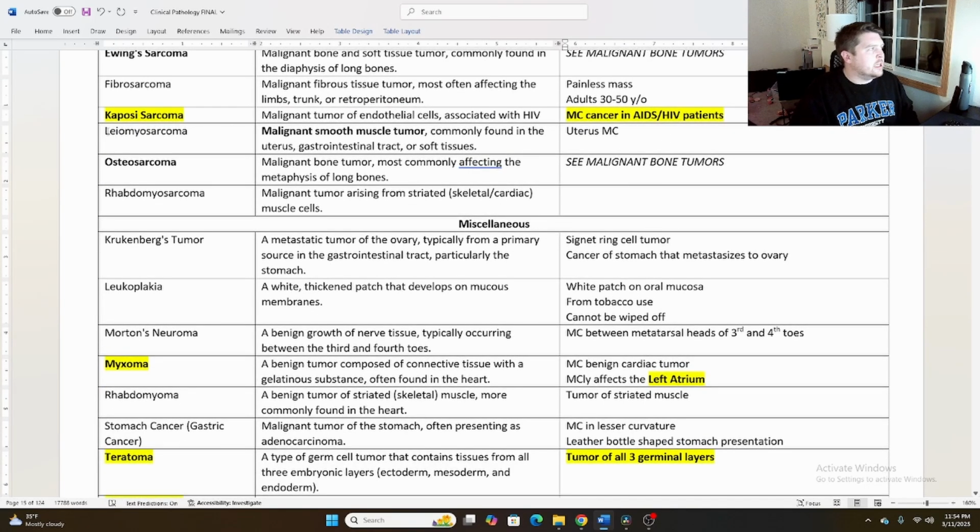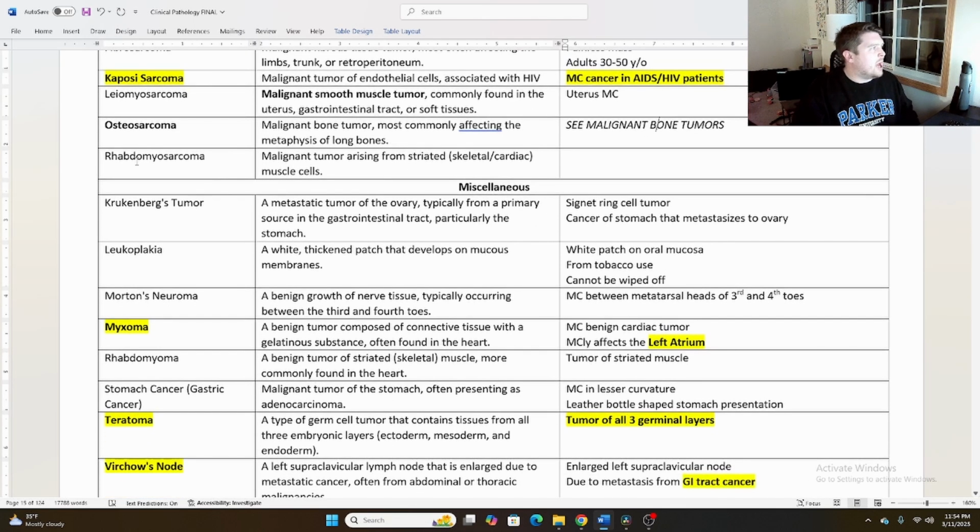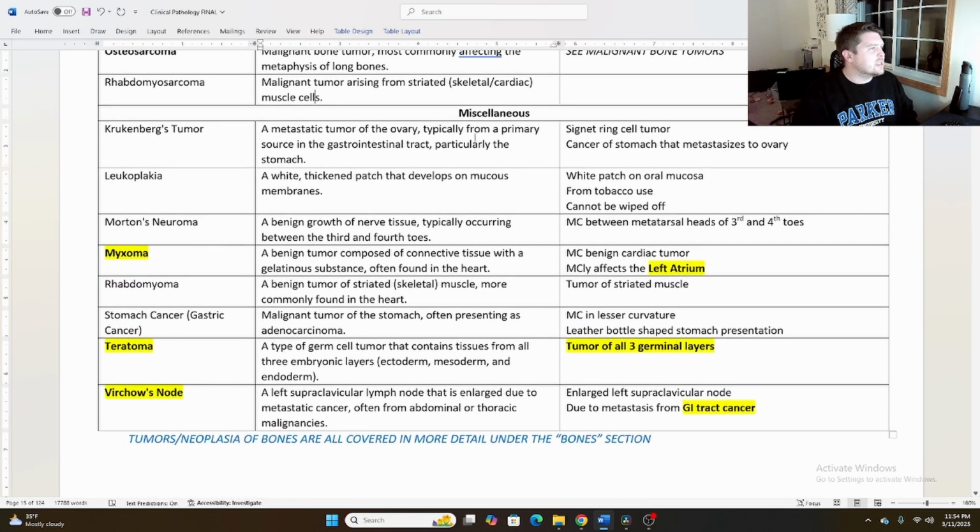Leiomyosarcoma, leio smooth, myo muscle, sarcoma, malignant tumor of the connective tissue in the uterus. Osteosarcoma, we'll see that again in the malignant bone tumors. Rhabdomyosarcoma. Rhabdo is specific for striated or skeletal muscle, so skeletal and cardiac muscle. Myo muscle sarcoma, the malignant tumor. Some of the miscellaneous ones,